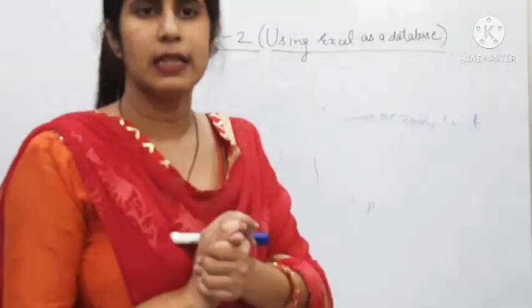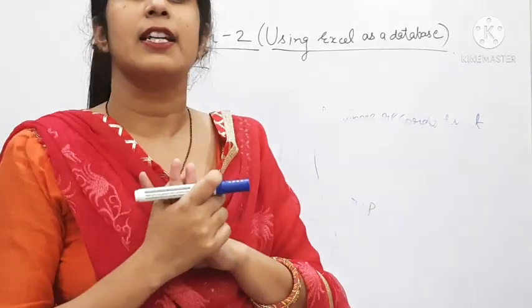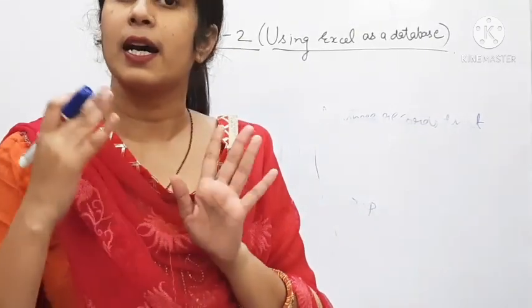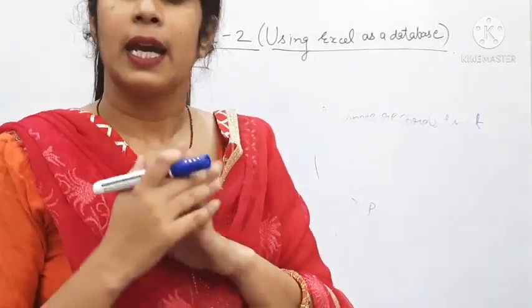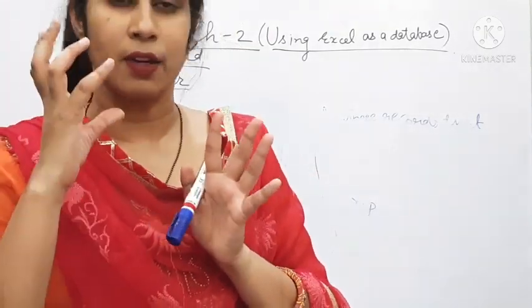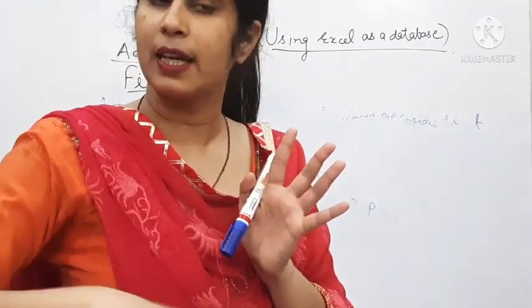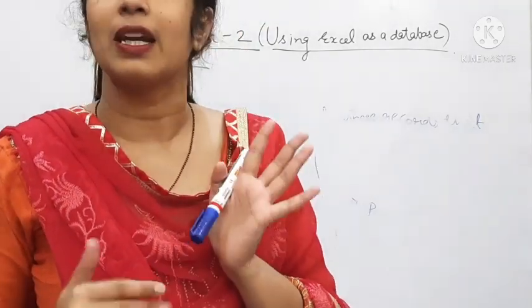Actually, advanced filter is a kind of filter which displays the records that meet the specified criteria in multiple fields. Here we are applying the filter in multiple fields. Here what we are doing is copying a criteria, pasting it anywhere, and according to that criteria we are filtering the whole database. Okay, I am explaining to you.